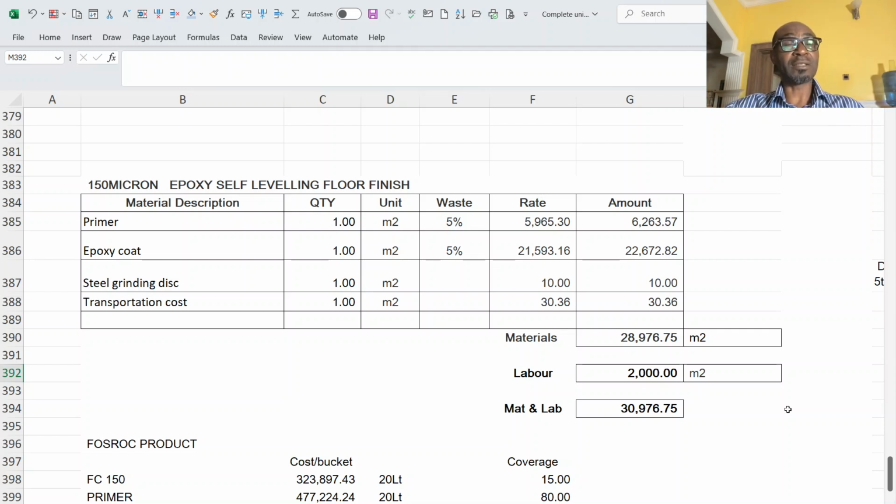The cement splash on the floor, you remove it. You sweep the floor of the dust. Then you can now prime. Then before